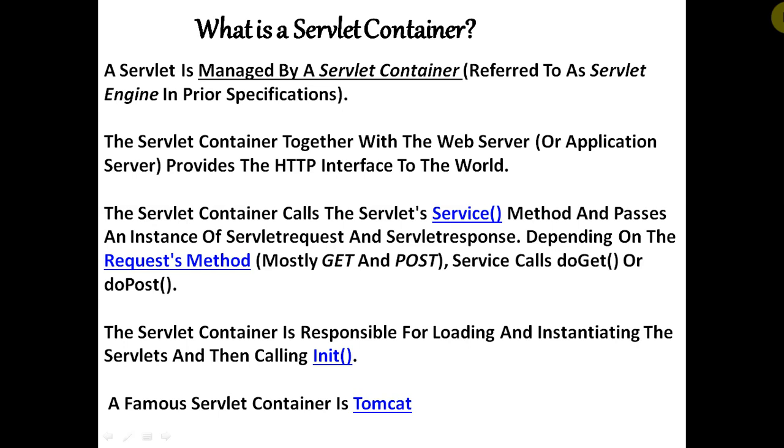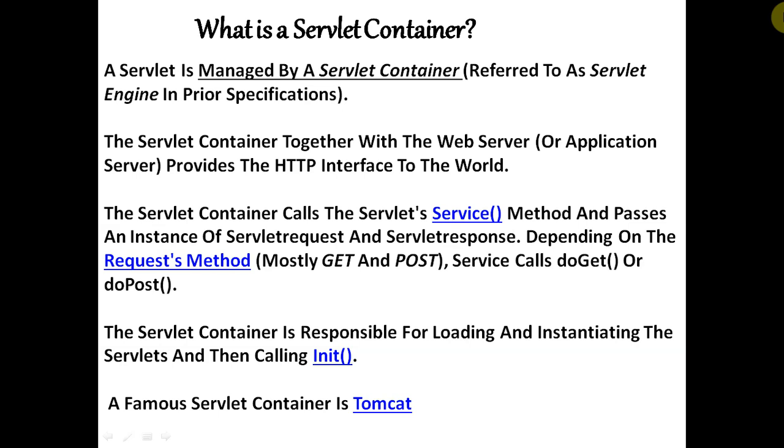The servlet container together with a web server or application server provides the HTTP interface to the world. And the third point: the servlet container calls the servlet service method and passes an instance of servlet request and response. So it is the service method. In the next lecture I will discuss the service method.